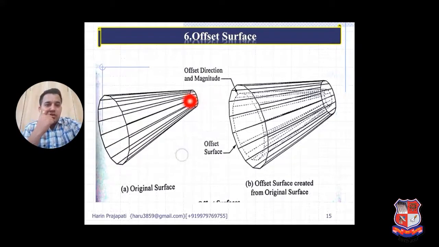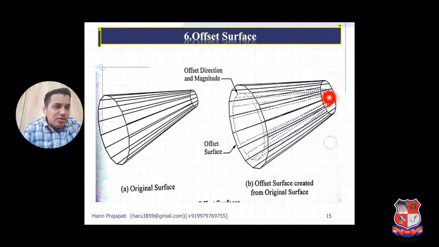Here observe that this is my original surface, and I am preparing the offset, meaning the same kind of outer surface is generated inside. You can generate the offset outside, inside, or on both sides. It depends on the designer. Here we are offsetting inside the geometry, so it gives the representation of a little bit of thickness, which you can observe here. So when we have to represent any thickness or gap between two surfaces, we can use the offset surface.